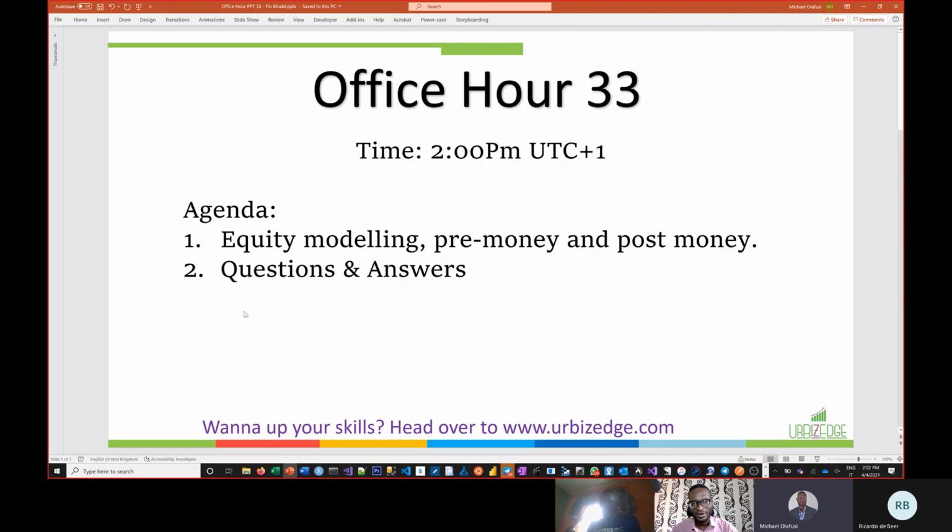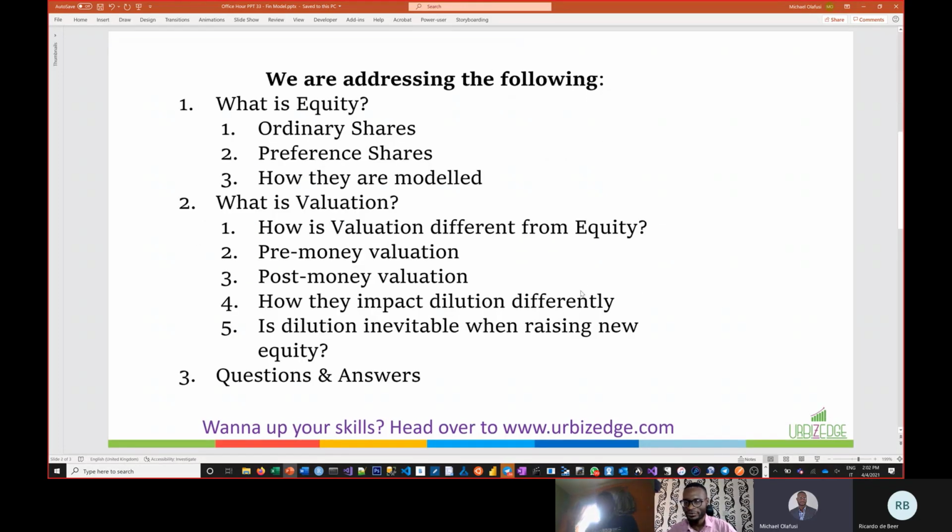All right, so let's start with equity modeling. In fact, I have prepared a structure that we're going to follow. So the structure we are following is, number one, what is equity, right? So typically people,